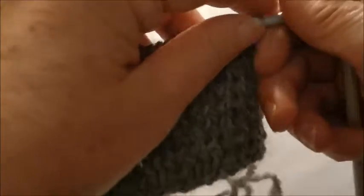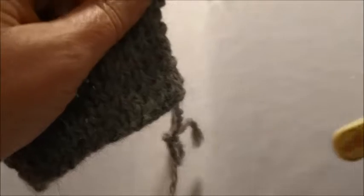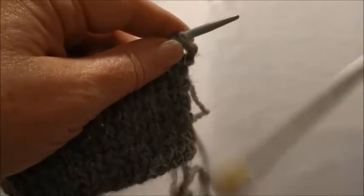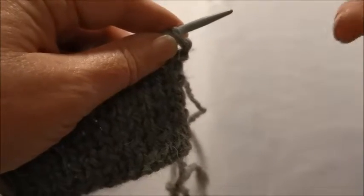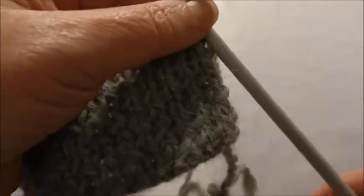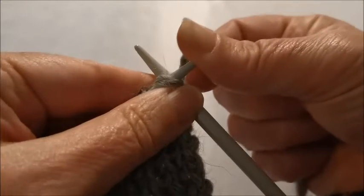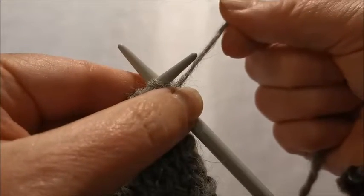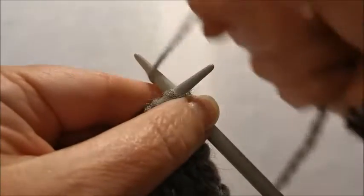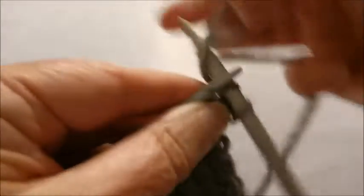So first of all, the first thing you do is you make sure that you've got your size 6mm needle. So I'm going to start knitting off of, I've got the 4.5 here, and I'm going to start knitting with the 6. So it's just a knit row, this one. Okay, so it's the start of the stocking stitch we're going to be doing for the rest of the glove. So stocking stitch, knit a row, purl a row, knit a row, purl a row. So this is the knit row. So what we're going to do is 5 stitches first of all. So 5 ordinary stitches,